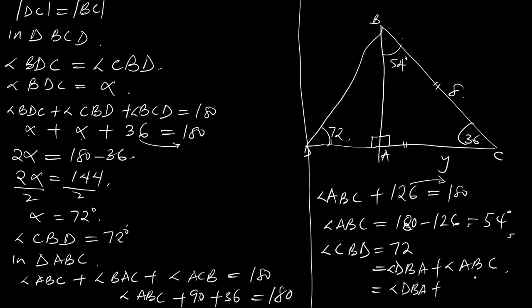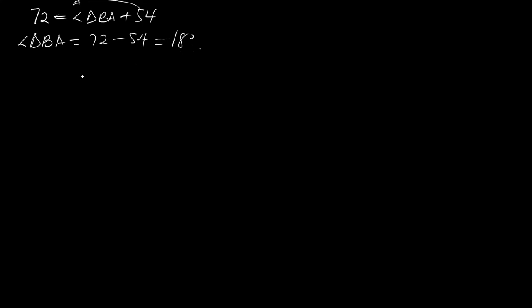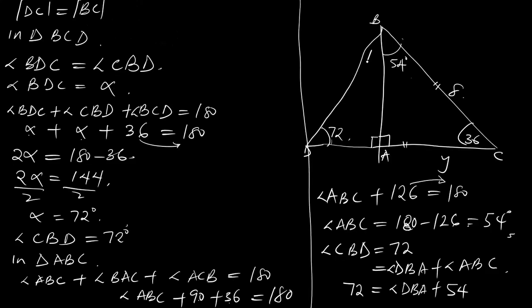Angle ABC is 54, while angle CBD is 72. Now, if you say 72 equals angle DBA plus 54, when you move this to the other side, you now have angle DBA equal to 72 minus 54, which is 18 degrees. So if you put 18 degrees here,